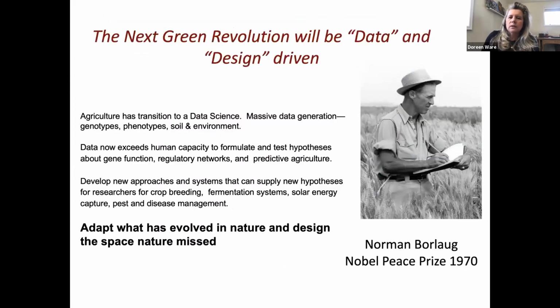So the next green revolution will be data and design driven. I think the data now exceeds our human capacity to really formulate these hypotheses, and we need to think about this. We really have a responsibility to use some of these new approaches to help inform crop breeding, come up with different fermentation systems, and pest and disease management. The way I think about this is we will be adapting what nature has already learned, that life history that I talked about, and what we will be responsible for is designing the space that